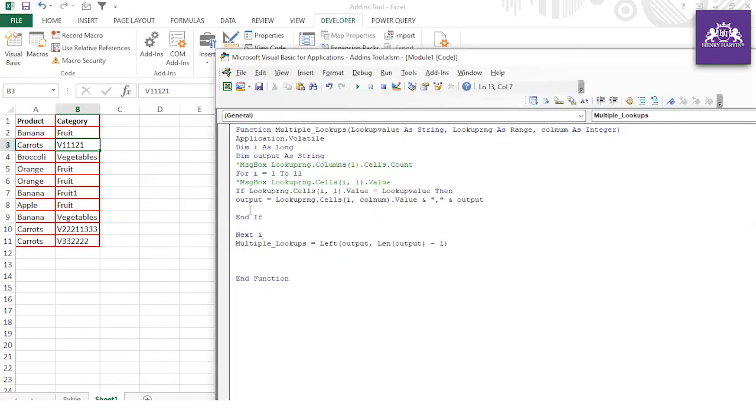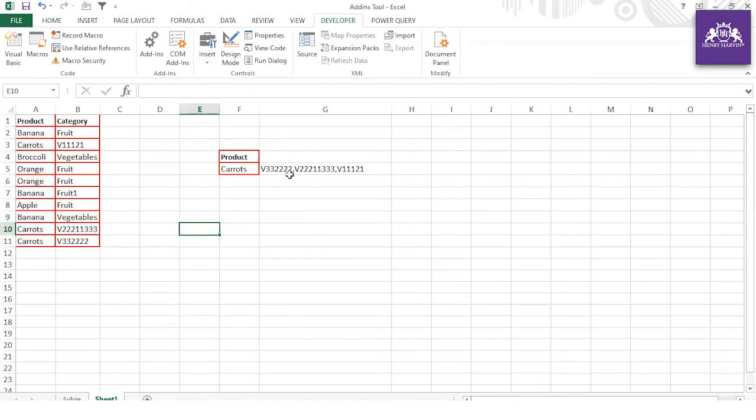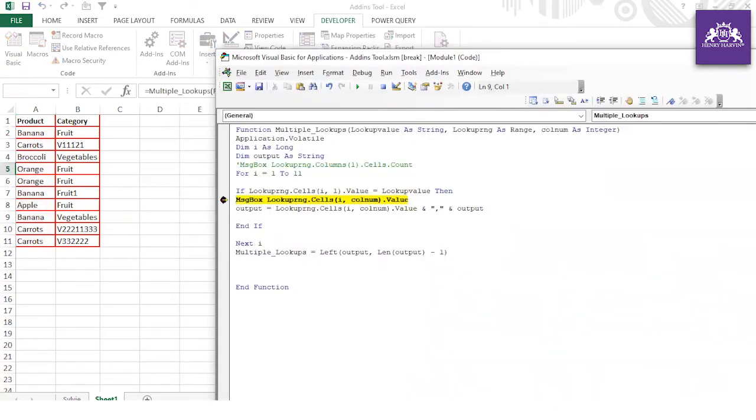All right, and again you can see this value, lookup range dot cells, we are actually looping through this value. Then we are telling output equal to, this is the second value, because lookup range dot cells i comma column dot value. So if you read this value again, control C, and now make it a code, and now see what result you are getting. Maybe let me just put control X over there. All right, and see, if you just do that, guys, this is the value you are getting.